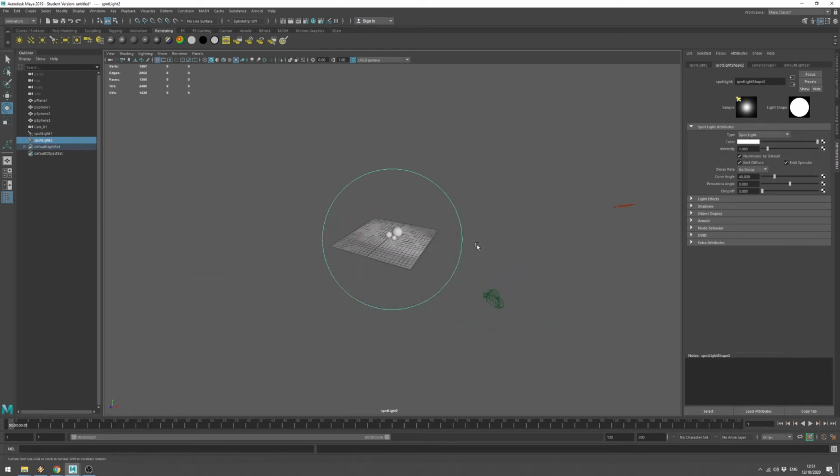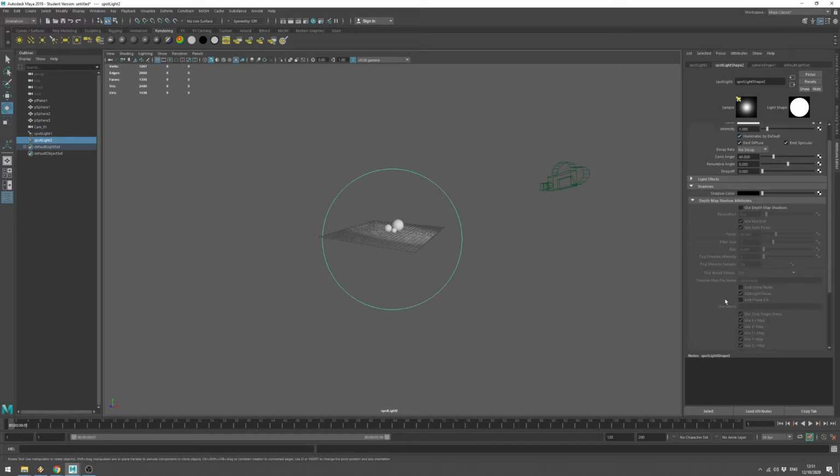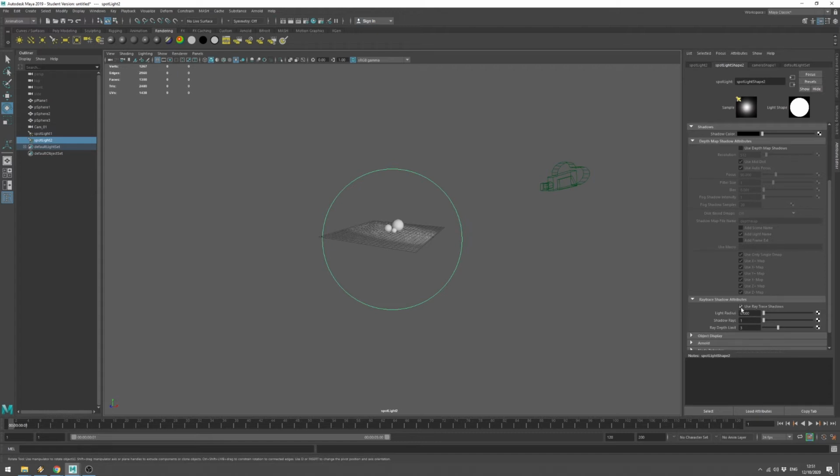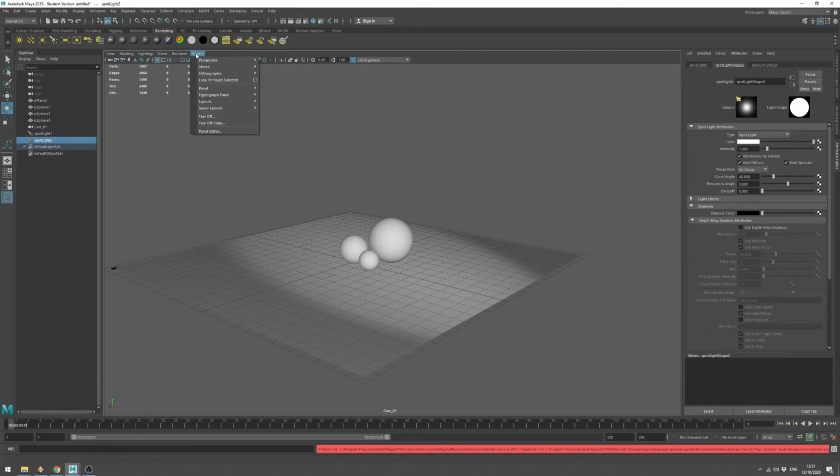So that's up to you to decide where it needs to be and how much it is emitting, what the color maybe is of it. Most of the time it's white. And you can change this, of course, as well. And this one has no shadow. There's already shadow on ray tracing, so put that off. So let's go back to the perspective view